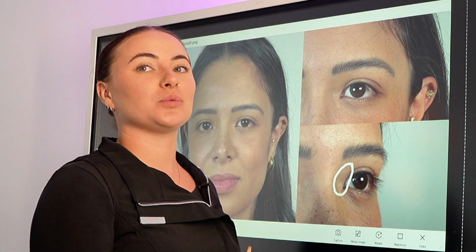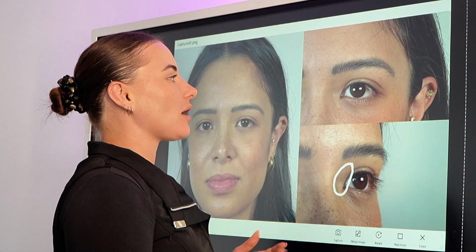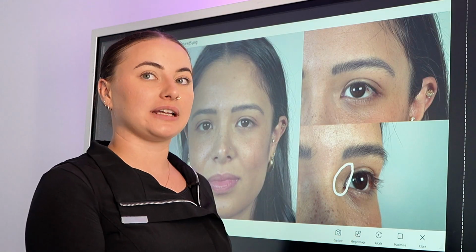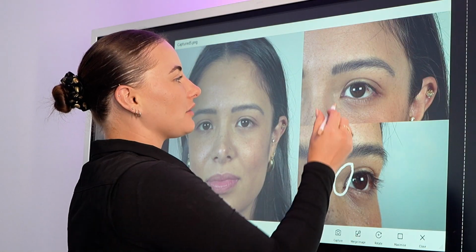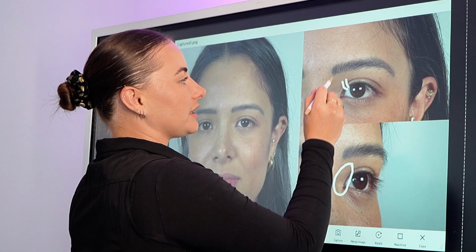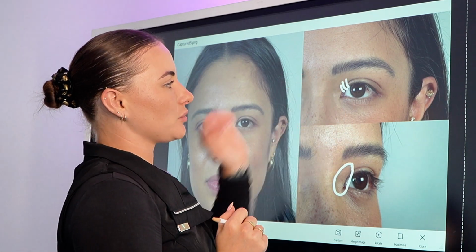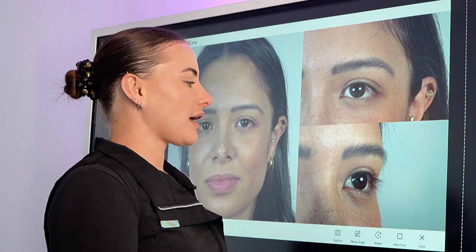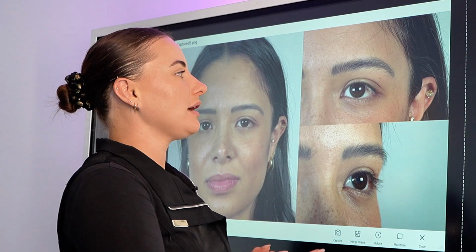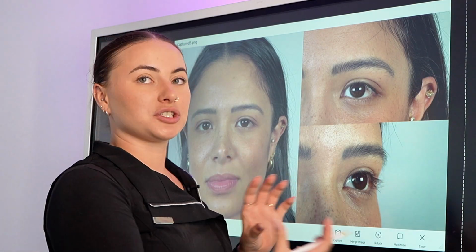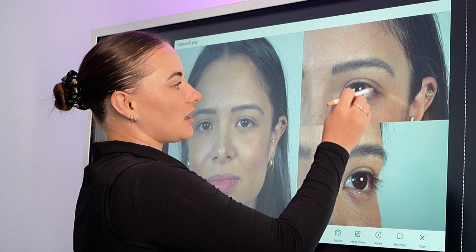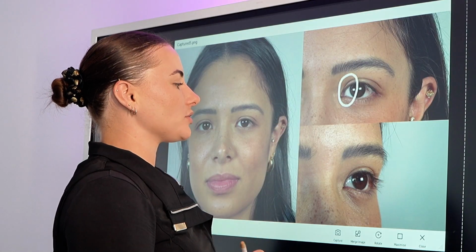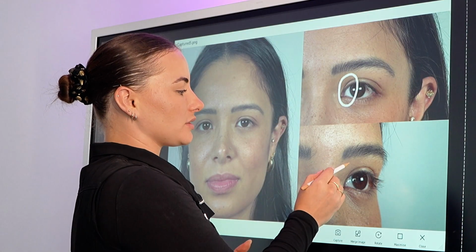What we need to consider when working with clients with this eye shape is how well the rod or shield sits in this area and the lift that we're creating in this area as well. We want to be mindful that the lashes don't hit this lid in that area due to the minimal space that we have. So a really great technique that we can implement here is actually trimming our rods or shields on that inner corner. And this is going to allow us to use a larger portion so it fits in nice and snug on the inner corner. And when we're lifting these lashes here, we're not going to lift too much where it's going to touch the